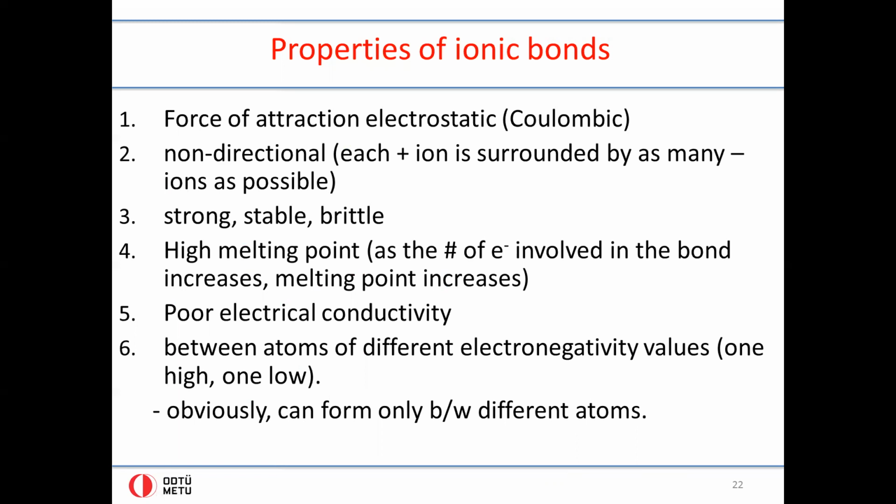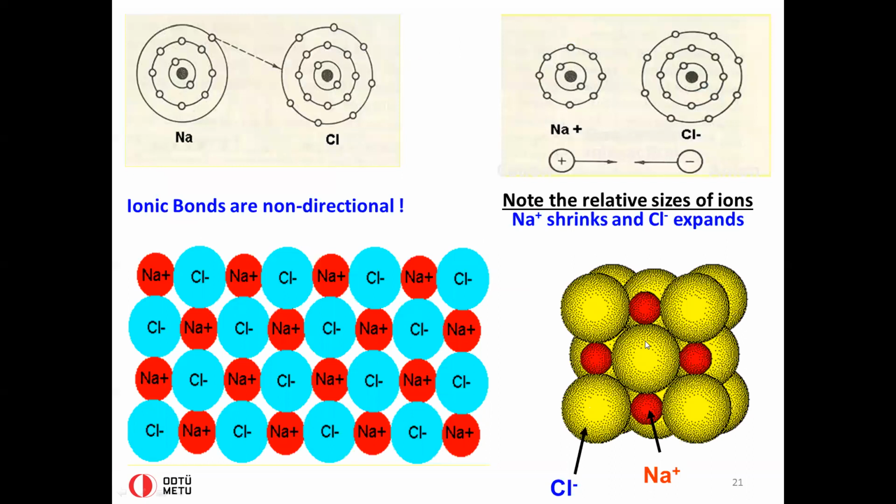and how many of each ion type exists on average, you have each plus ion surrounded by as many negative ions as possible, not always 6 as I mentioned. Hence, this is referred to as being non-directional. Now, non-directional could also be interpreted as such. There is no directional preference for this ion to position itself next to this other yellow ion. It does not say I have to be at a certain angle,